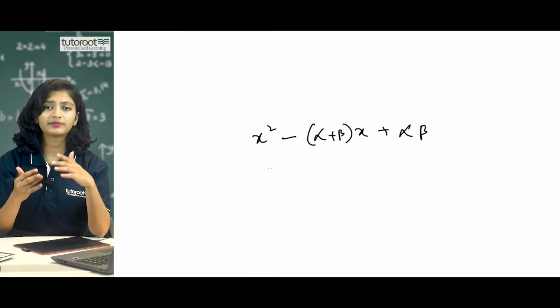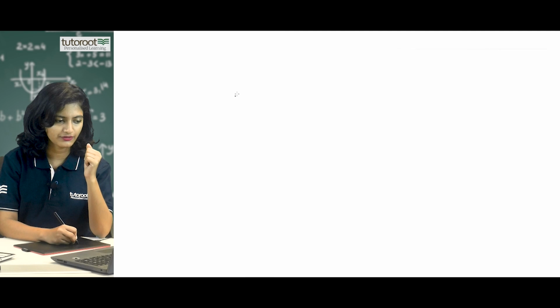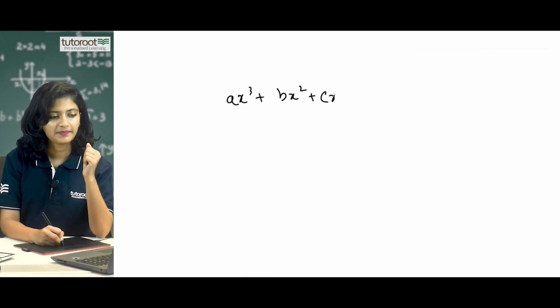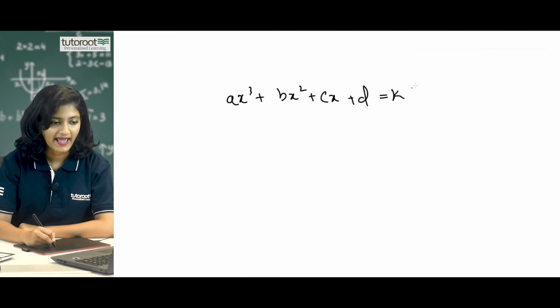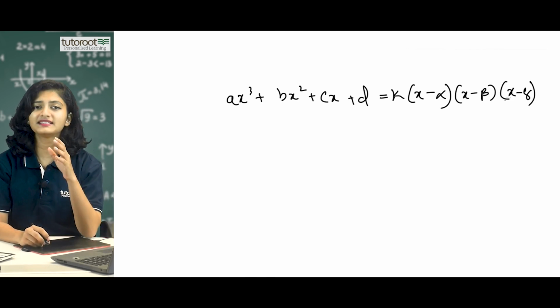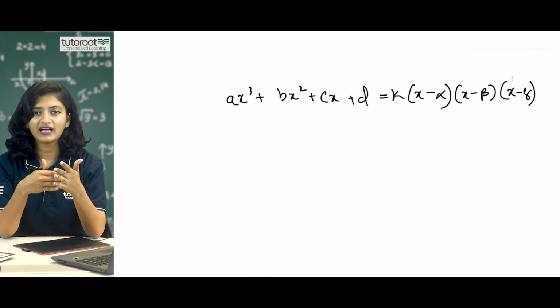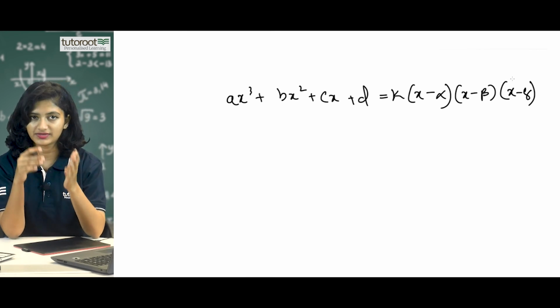If a cubic polynomial exists in the form ax cube plus bx square plus cx plus d is equal to k, which is your constant, into x minus alpha, x minus beta into x minus gamma, where k is any real constant and alpha, beta and gamma are the zeros of the cubic polynomial ax cube plus bx square plus cx plus d, and a is not equal to 0, then